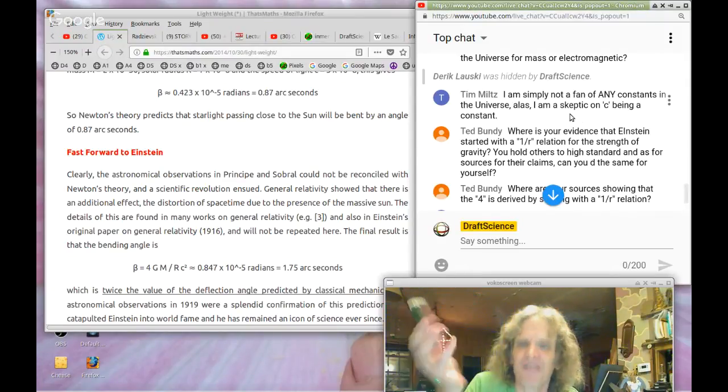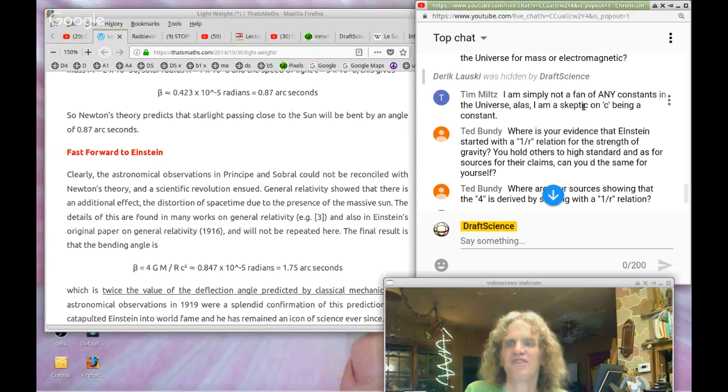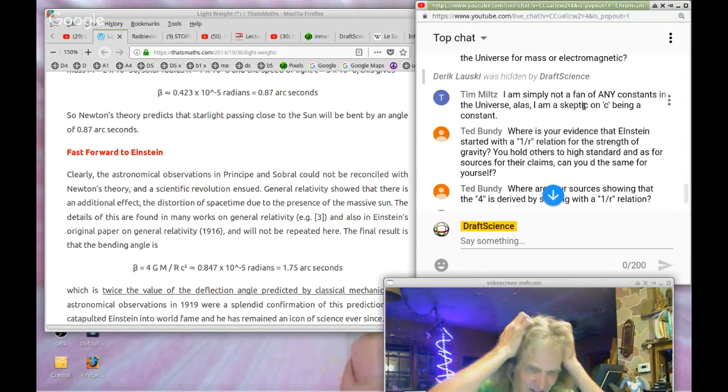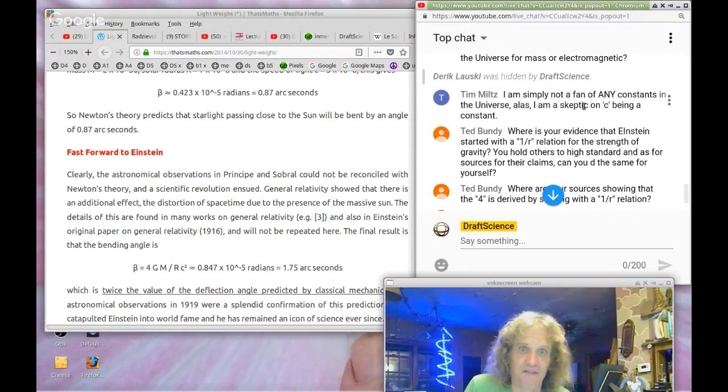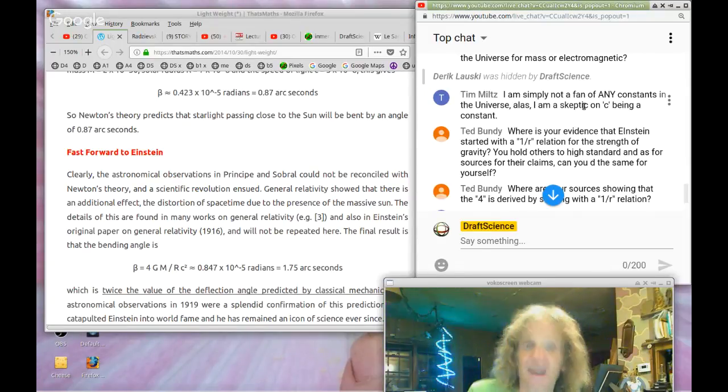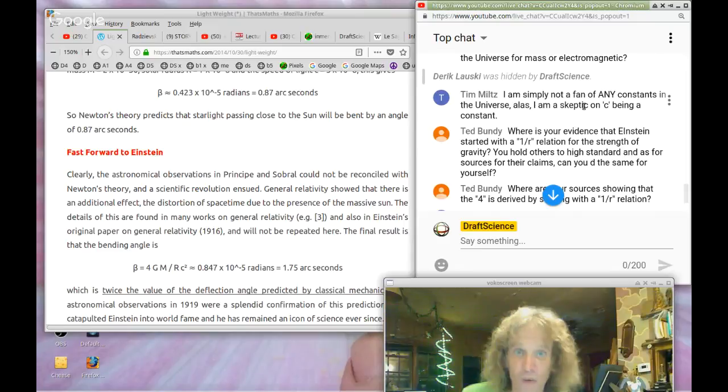I don't even know how you're a skeptic on c being a constant. It's just such a hilarious notion. There's absolutely not a single shred of evidence of anything moving faster than c, ever. That's nowhere close to any evidence of that. And again, what's the evidence of the speed of light being inconstant for any medium even? It's always the same amount of degrade if you push it through a medium. So in empty space, it's always the same speed. It has every appearance of being something constant.